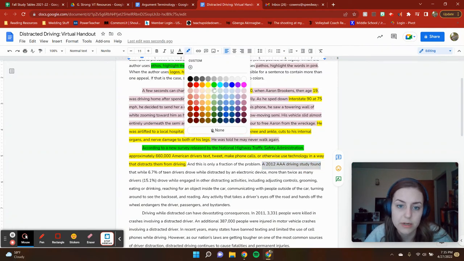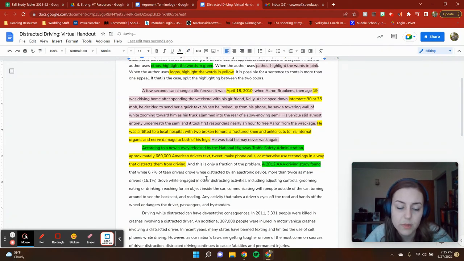I'm going to make it an ethos appeal. That while 6.7% of teen drivers drove while distracted by an electronic device, more than twice as many drivers, 15.1%, drove while engaged in other distracting activities, including adjusting controls, grooming, eating or drinking, reaching for an object inside the car, communicating with people outside of the car, turning around to see the back seat, and reading. Any activity that takes a driver's eyes off the road and hands off the wheel endangers the driver, passengers, and